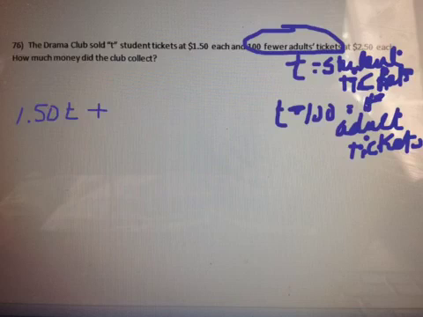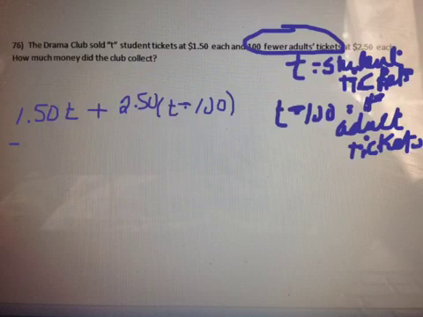So now, how many adult tickets did we sell? We sold T minus 100. There were 100 fewer adults than students. And they cost how much a piece? However many I sold, I can multiply that number by $2.50 a piece. So what we have to do here is just now simplify. We can write an expression for this, but we can't actually find the dollar amount as we don't have enough information given to us. That would be $1.50 T